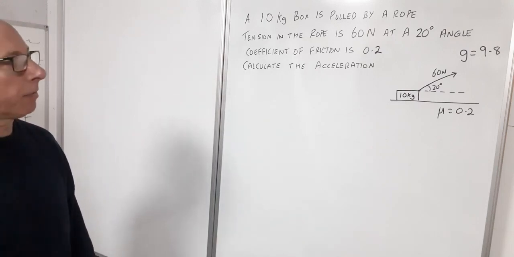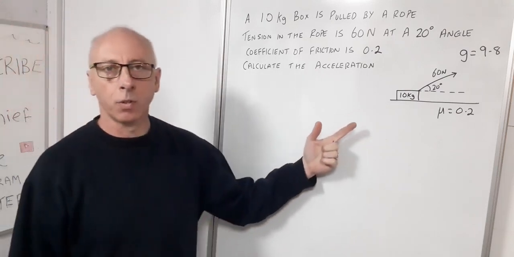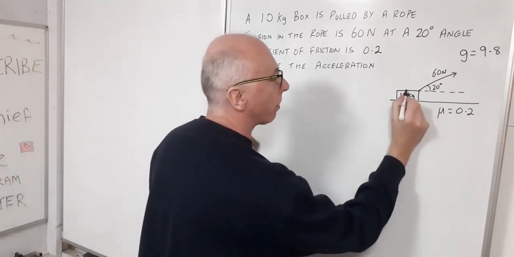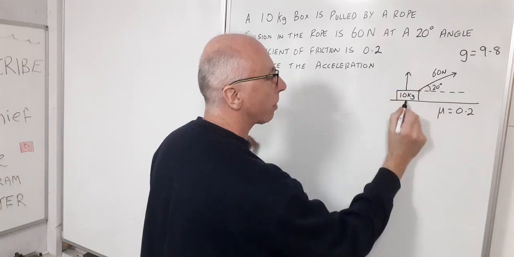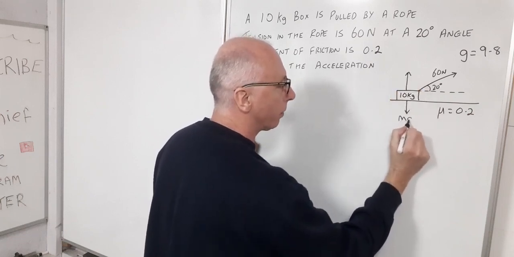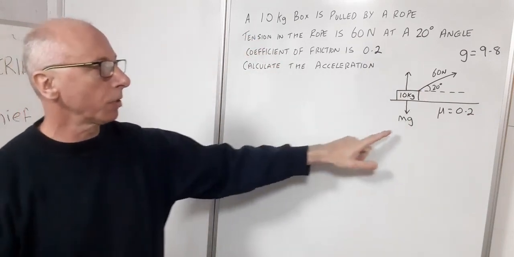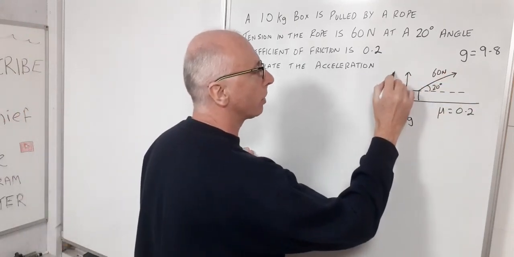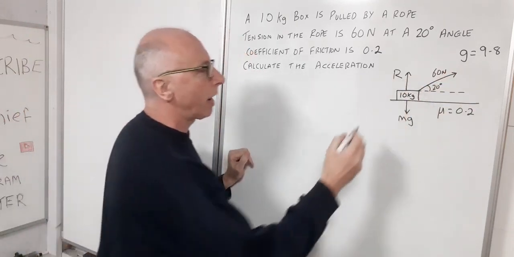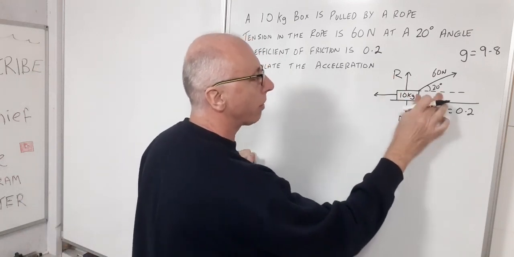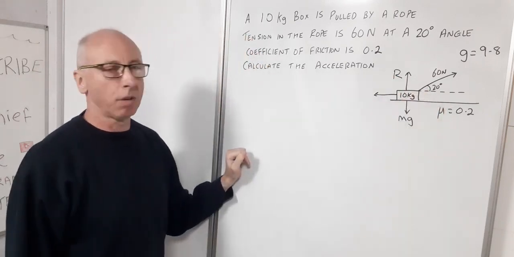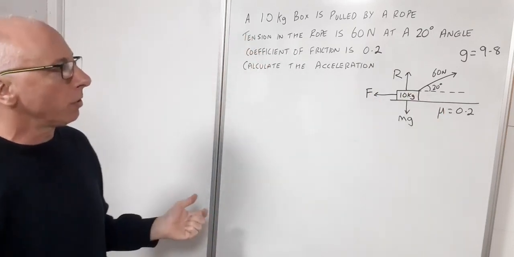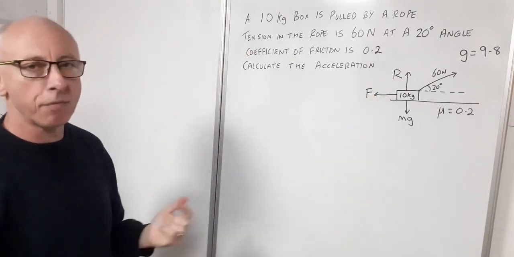Okay, right. Now what we want to do next is draw in the forces that we can fill in to try and find our answer. So first of all, we'll have a resultant vertical force, which will be counteracted by the force of gravity. The force of gravity is the mass of the box times the gravitational constant, which is 9.8. So this will be our resultant vertical force. We'll also have a resultant horizontal force going in this direction, counteracting the tension in the rope. We'll call this force F. So what we need to do now is calculate these two forces, and then from there we can try and